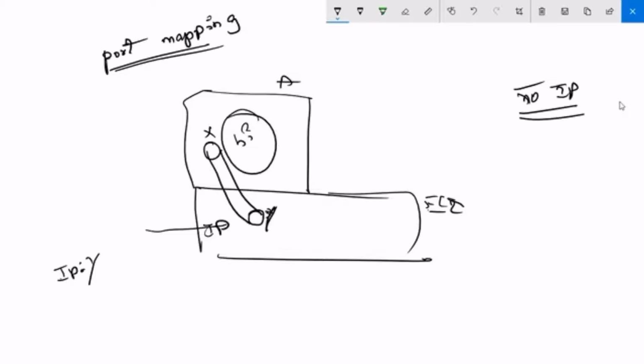Your request will go through and load the page. Got it, guys? This is port mapping. In fact, better to call it port expose. We are exposing the port inside the container to the outside world.